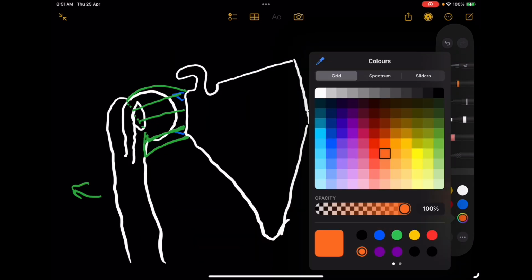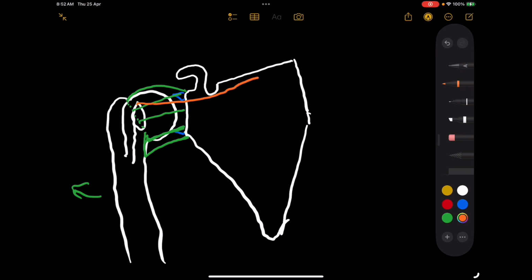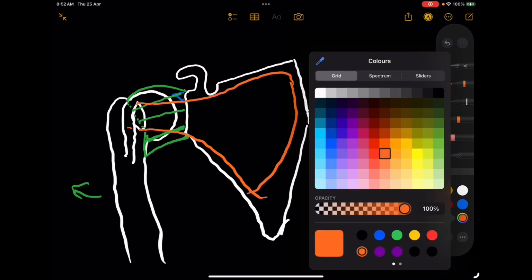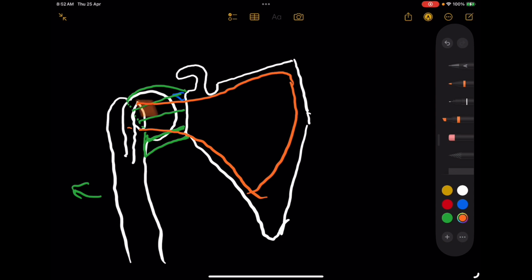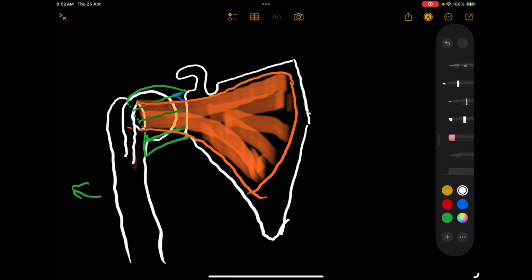You would find that attached to the lesser tuberosity, from the anterior surface of the scapula, is a muscle which is called the subscapularis muscle. So this is the subscapularis. In the lower part of the bicipital groove, you would find that there is